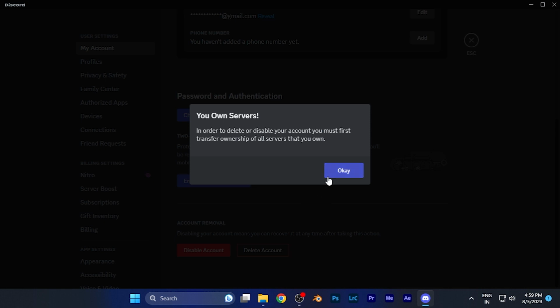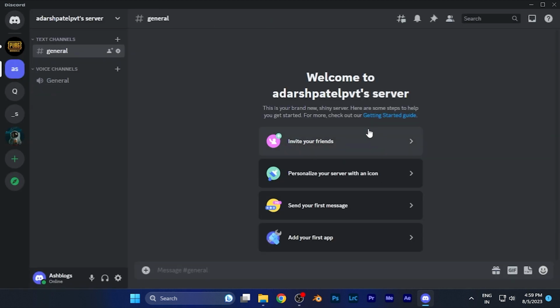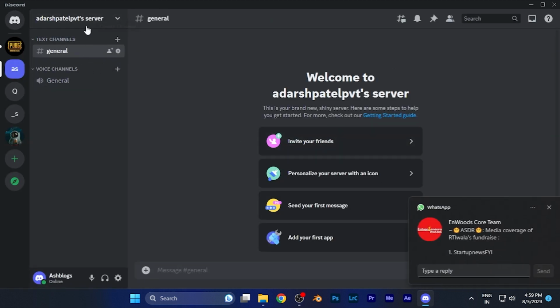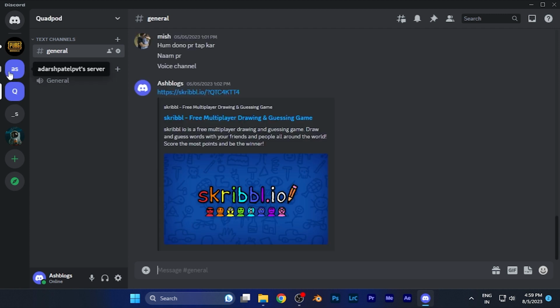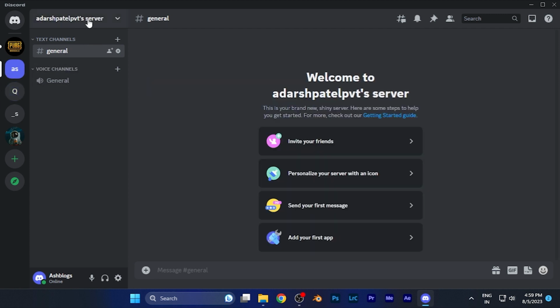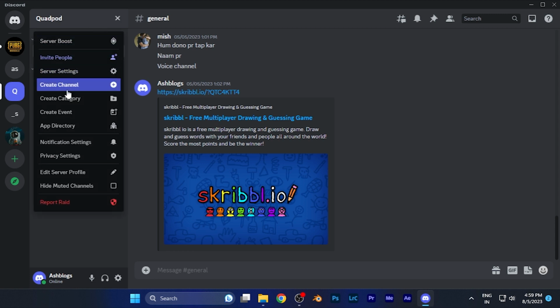So to provide your server ownership to someone else, all you have to do is simply hit back and come back to the home page. Now here you're going to see your servers on the left, where all the servers are right there. Here you have to select your server. For example, if I select the server, on the top of the list you're going to find the name of the server. When you click there, you have to go to the option of server settings. You're going to see it's just right there.